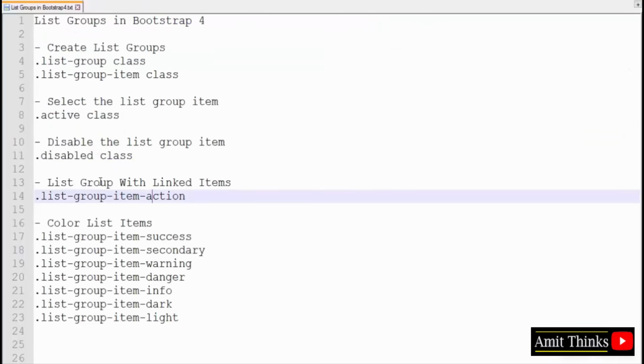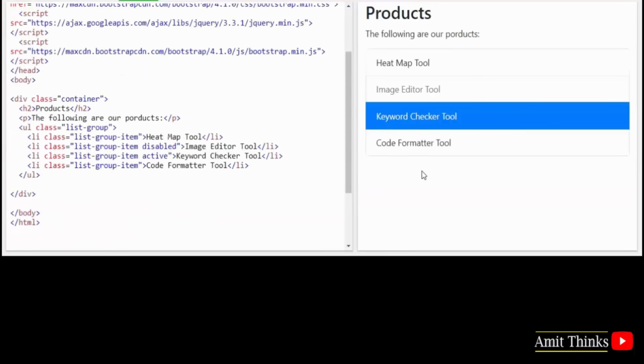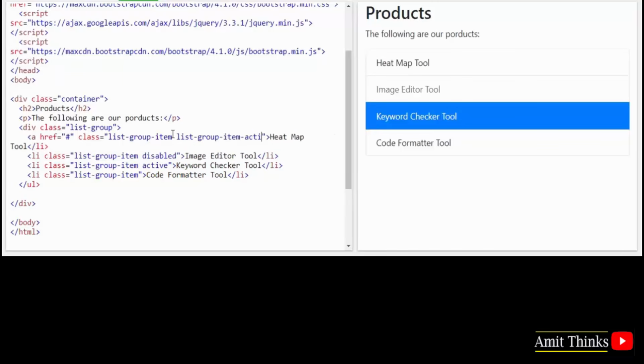Now we'll see how we can add list group with linked items. You need to use the list group item action class. Now we will add a link for every list group. It will look like a link and you can click on it. To add a list group with linked items, now you need to create links first using the A tag. Now I'll change it to div. With that I'll change it to A tag and add a link here. Now here add list group item action class,